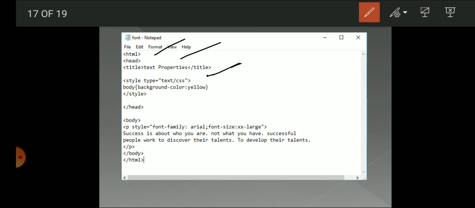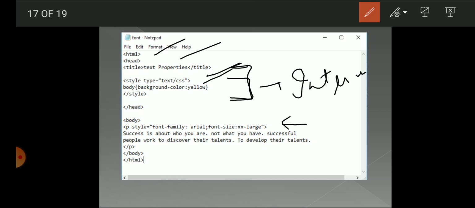What I told you, that this style type is equal to text, it shows that we are including the CSS into our HTML program, and this method is internal. Means instead of using the style attribute within a single line, we have defined it in the head section.